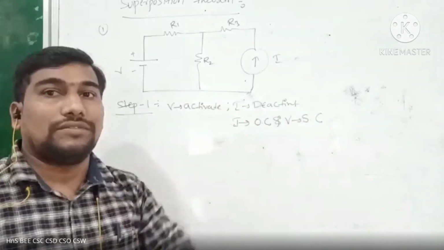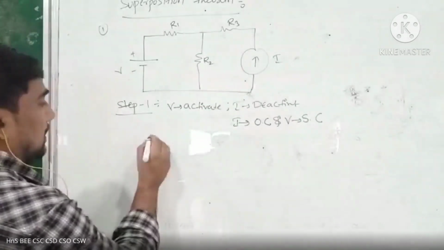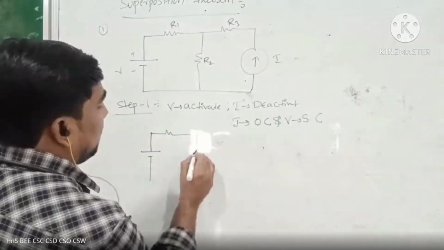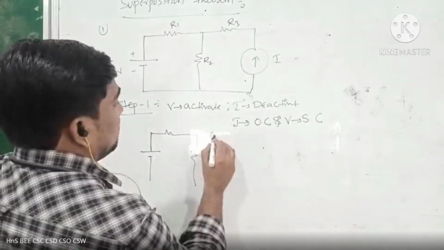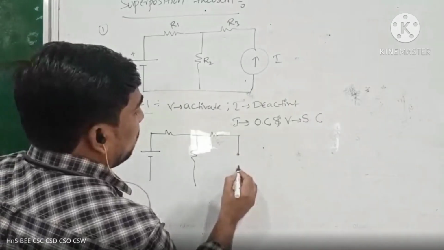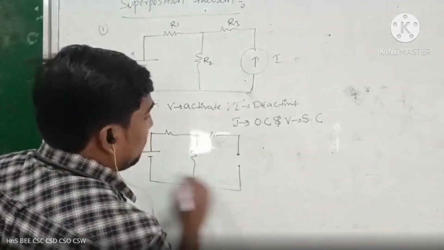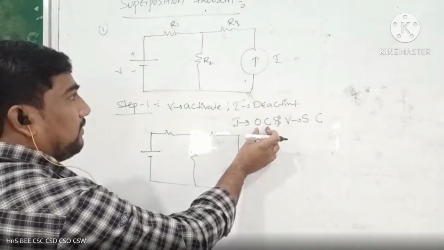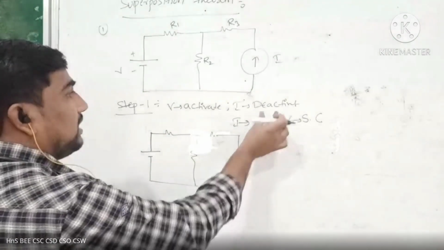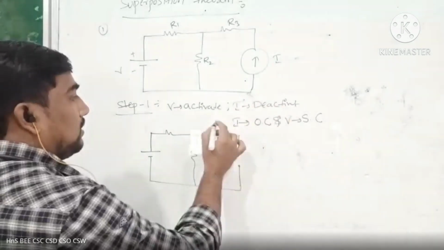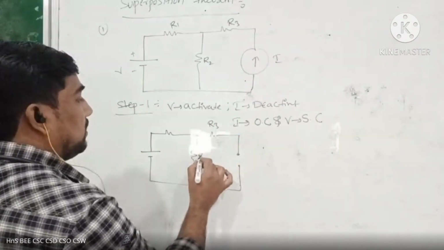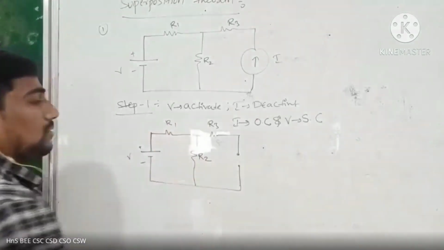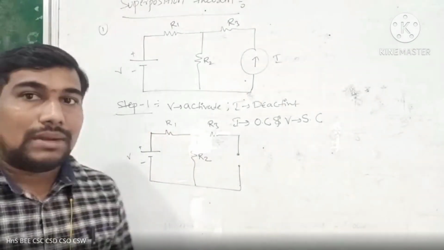Now you have to draw the circuit first. V is activated. Activate is nothing but just allow, undo ala draw cheyandi. Next, this is R3 and this will be the open circuit, because the current source is open circuit in our deactivation condition. Okay, this is called R3, this is R2, and this will be the R1, and this will be the V.